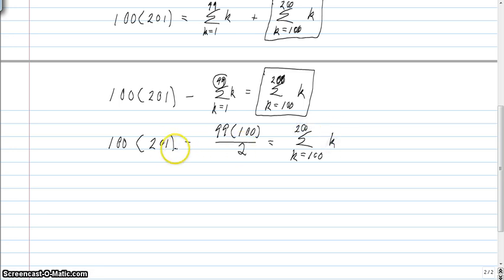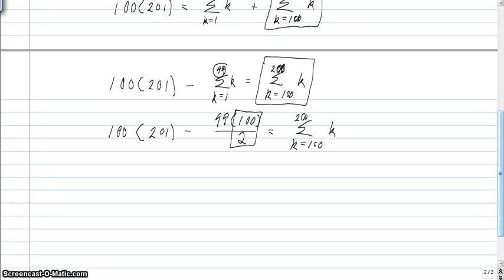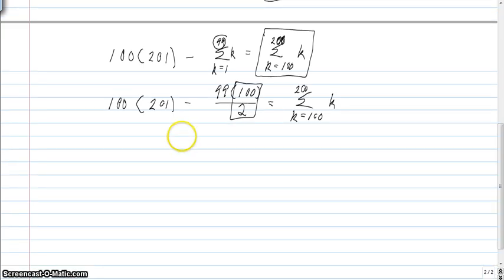From there I think you can probably calculate this. Of course you could simplify this a little bit. 100 over 2 is 50, so you've got 100 times 201 minus 99 multiplied by 50, and if you maybe use a calculator to help you, you should find that's